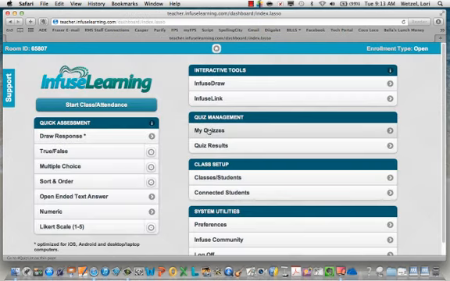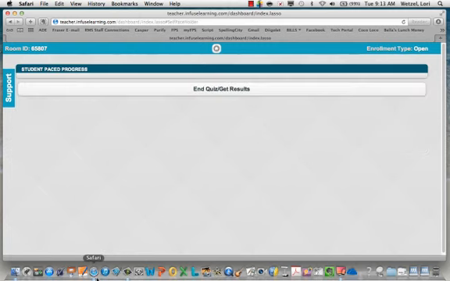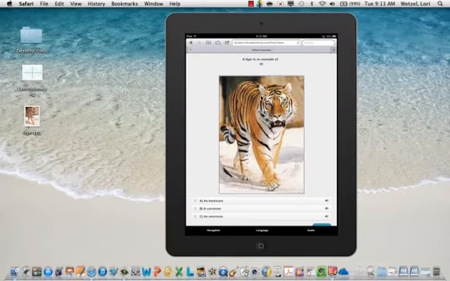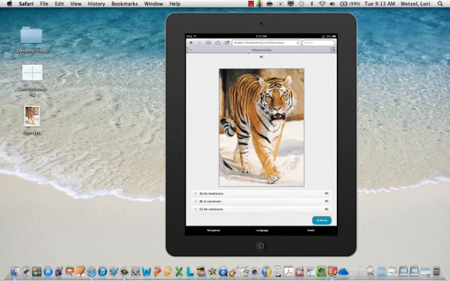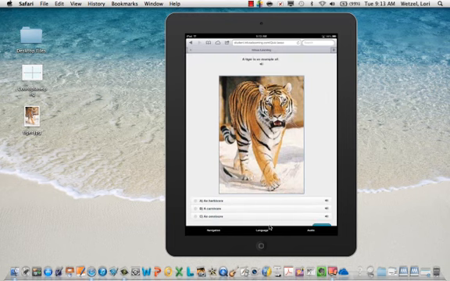I'm going to go to my quizzes once again. And if I wanted to do this quiz with my students, I would tap on this button that says Run Quiz. I'm going to go over to my iPad. The kids just tap on Begin Quiz, and they see the picture, and you'll notice the items here along the bottom. You have audio and language. If the students have a difficult time reading the content, they can tap on those and it will actually read